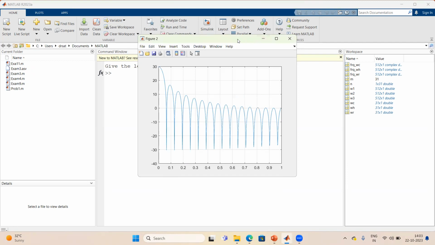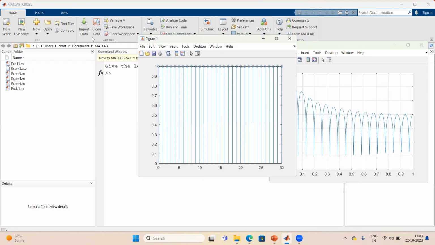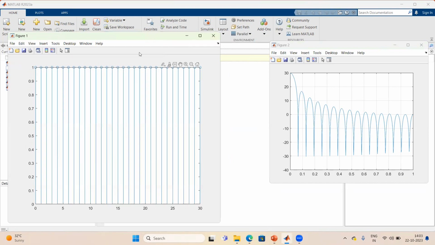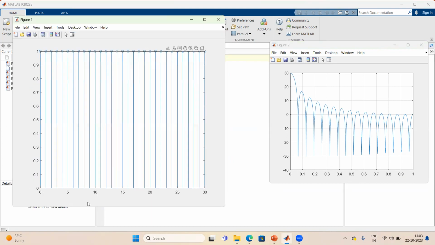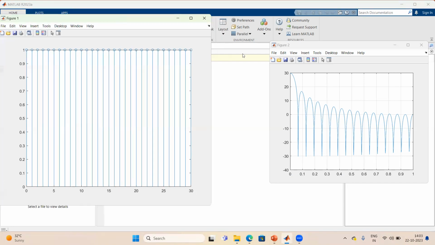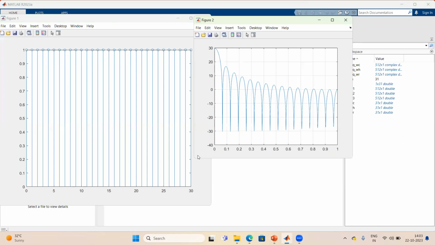So you see figure number 1 and figure number 2. This figure number 1 is showing you the waveform of your rectangular window in time domain. As we know, in the rectangular window, all these values are 1, from n equals 0 to capital M. Here the size of the window is 31, so the last value of n should be 30. We get this 1 for 31 times, going from 0 to 30. So this is the time domain waveform of a rectangular window,